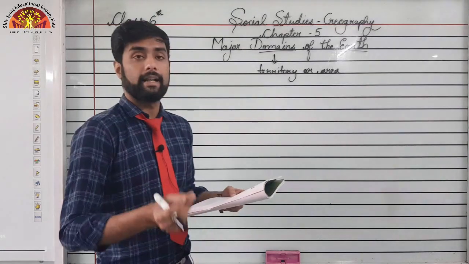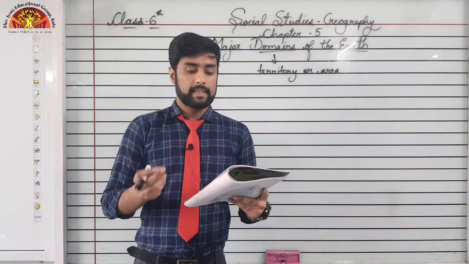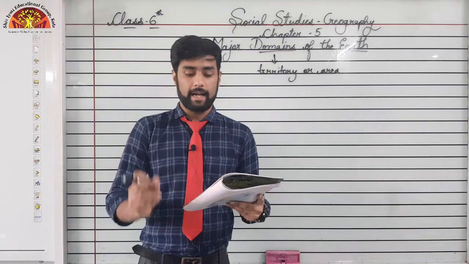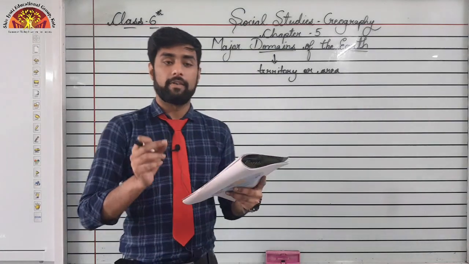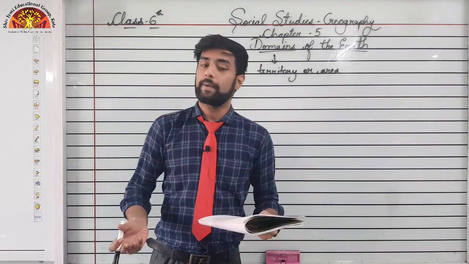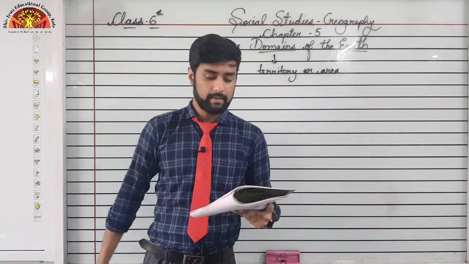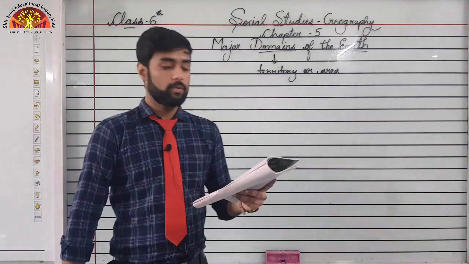Okay, so you should underline this line. First line, that is the Earth is the only planet which has life. Human beings can live here because the life sustaining elements of land, water and air are present on the earth. Underline this with your pencil. Okay, let's move on now.